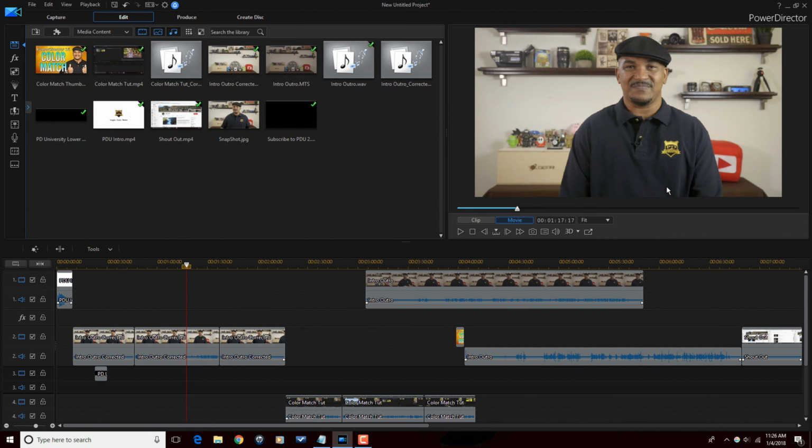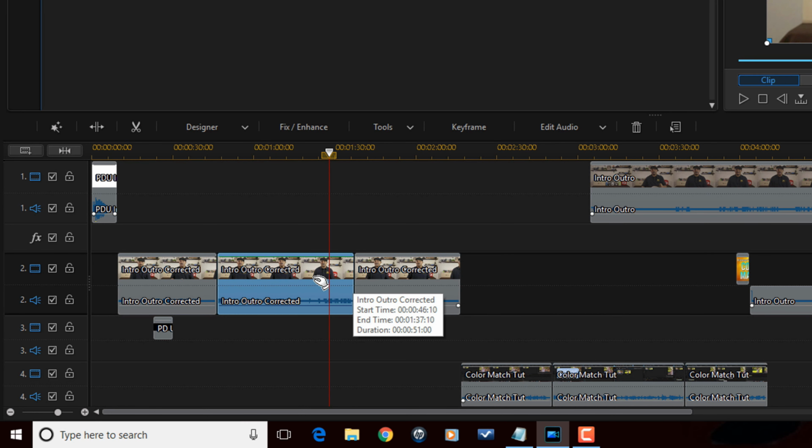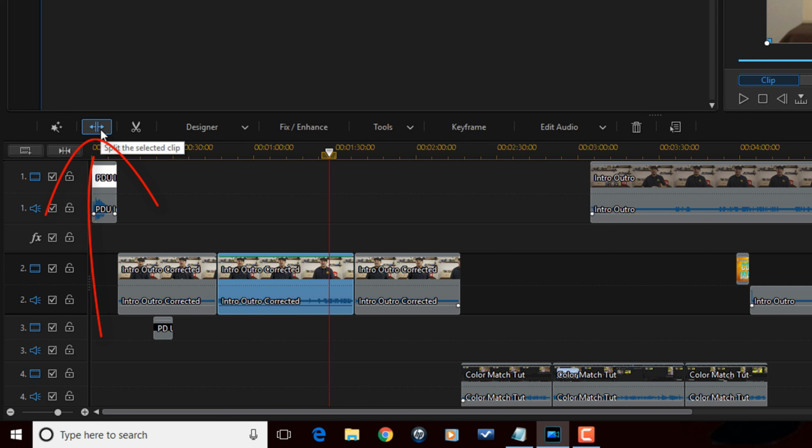So once you start editing, one of the things that you do is you remove unwanted parts of your video, and you can split or trim to do that. So let's say I wanted to split some video here. I can place my playhead where I want to remove the video, or for the section I want to remove. And then I can press the clip to make sure that that clip is the one selected. If I don't select this clip, it'll split everything on the timeline. All right. So now I can press the split the selected clip button.